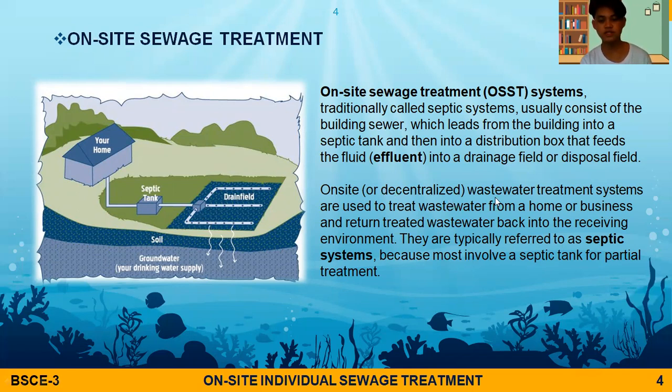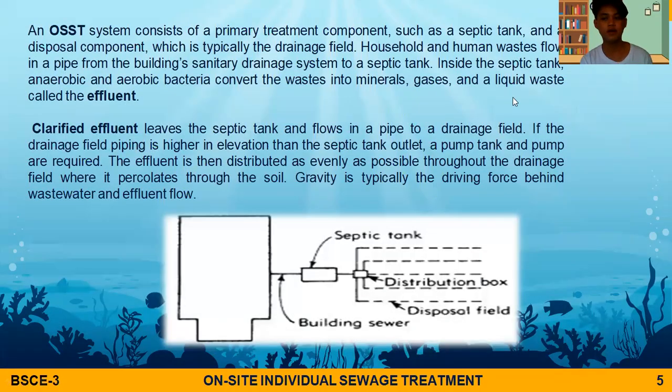On-site or decentralized wastewater treatment systems are used to treat wastewater from a home or businesses and return treated wastewater back into the receiving environment. They are typically referred to as septic systems because most involve a septic tank for partial treatment. An OSST system consists of primary treatment components such as a septic tank and a disposal component, which is typically a drainage